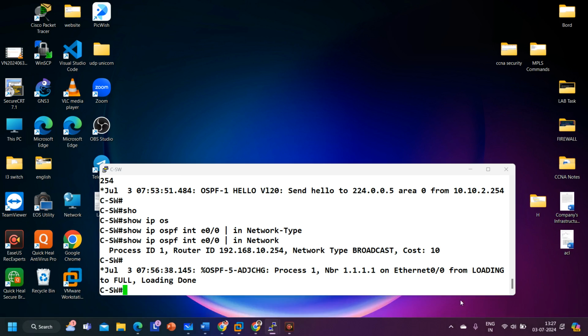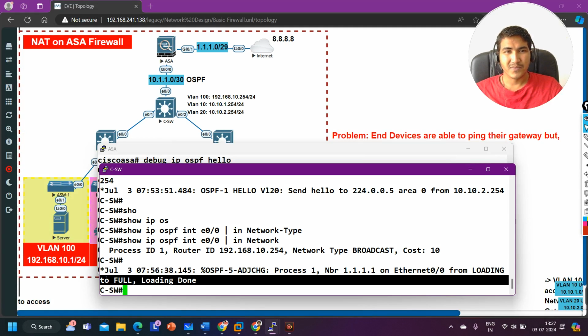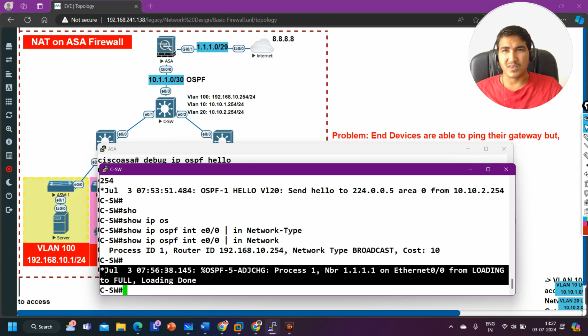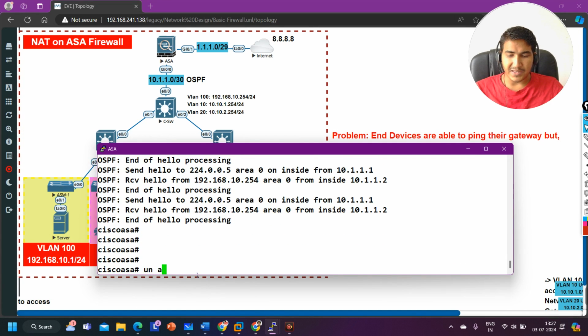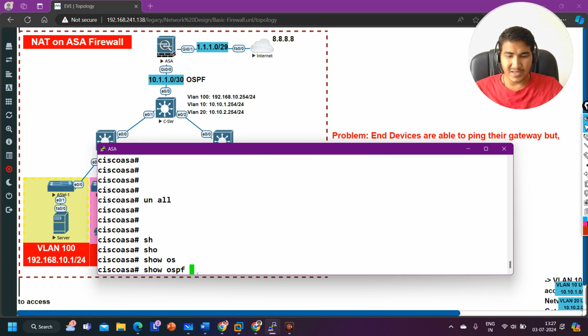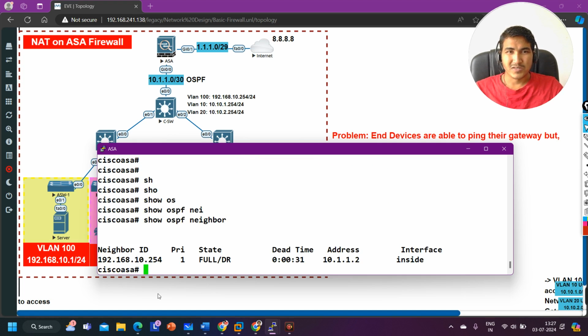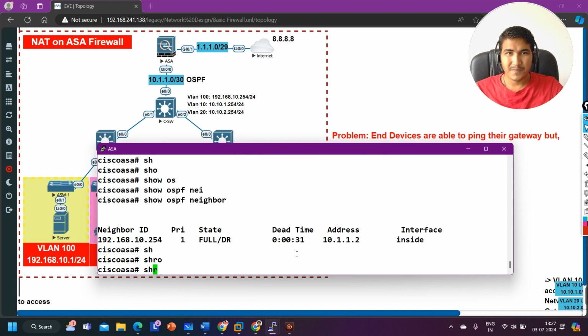Now, let me take you to the core layer switch. And guys, on the core layer switch, now you can see the log message: OSPF neighborship is now up, right? So simply we can verify the OSPF neighborship here. Before that, let me disable the debugging and say show ospf neighbor. So now we have OSPF neighborship, and so show route